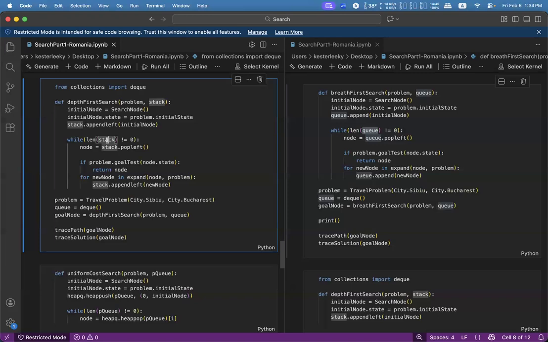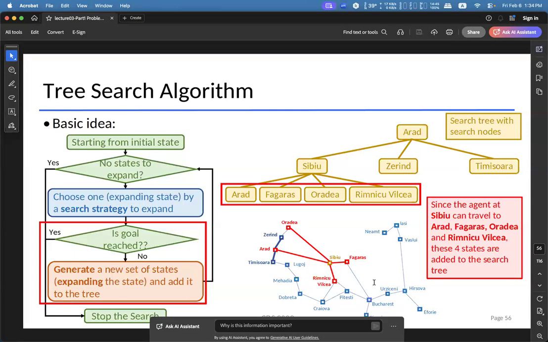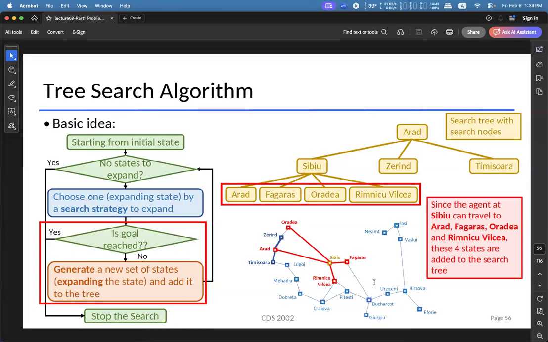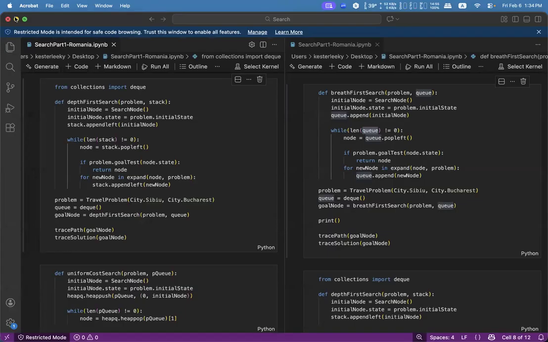Okay, when we are discussing the tree search algorithm, we talk about the strategy for choosing the node for exploration. It seems to be a technical jargon term, like the term you would listen to when you watch a sci-fi movie. But in fact, the so-called search strategy, when it comes to the implementation side, is just the choice of using stack or queue for storing the nodes for exploration. Okay, it is actually that simple.